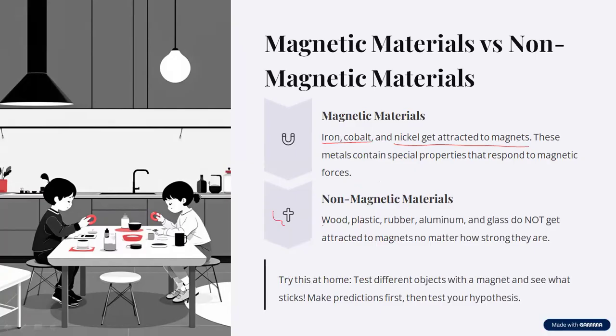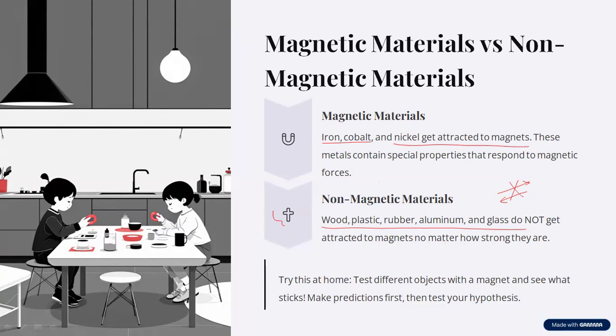While in other materials like wood, plastic, rubber, aluminium, they have a random arrangement, right? So one atom is pulling in this direction, the other is pulling in that direction. So the net effect is canceling each other, and so there is no magnetic force. In our day-to-day life, we have many objects, but wood, plastic, rubber, aluminium, glass, they do not attract. They do not get attracted to magnets, and you are not able to make magnets out of these objects,